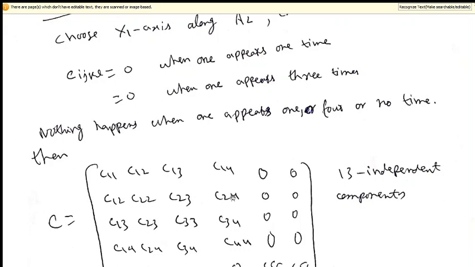C24, C11 23, 1 is appearing 2 times. Here C15, again 0 because C11 and 5 is 13. 1 is appearing 3 times, so 0 0 0. C16, C11 12, 1 is appearing 3 times, 0. Here C24 is not equal to 0 because 1 is not appearing here. C22, what is 4? 23. C22 23.